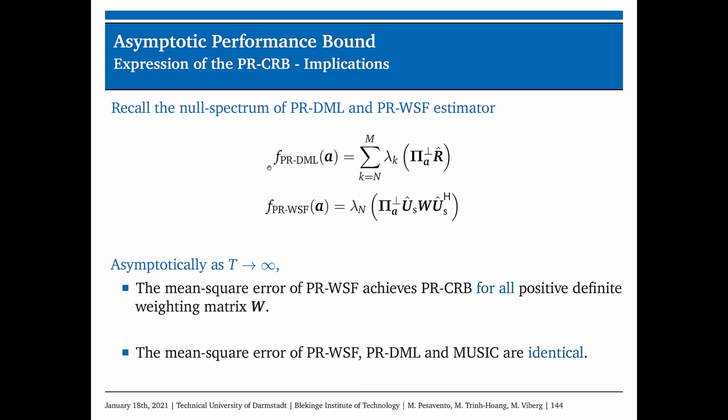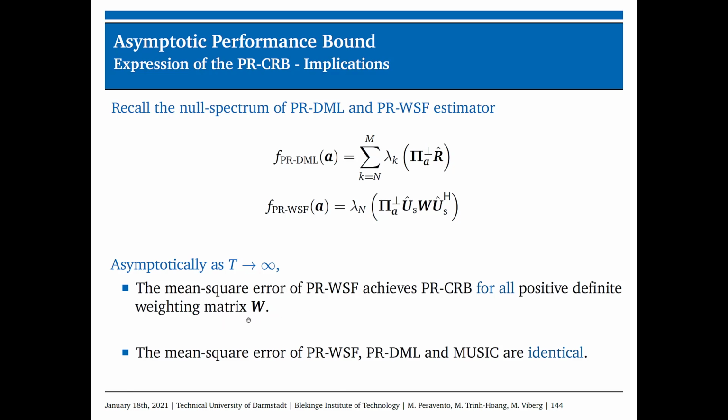We can also show that two of the estimators, namely the partial relaxation deterministic maximum likelihood estimator and the partial relaxation weighted subspace fitting estimator, derived in part 2 of the tutorial and provided over here, can asymptotically for large sample size achieve the Kramer-Rao lower bound. Hence, they are asymptotically efficient for parameter estimation under the partial relaxation model. This result holds true irrespectively of the choice of the positive definite weighting matrix W in the partial relaxation weighted